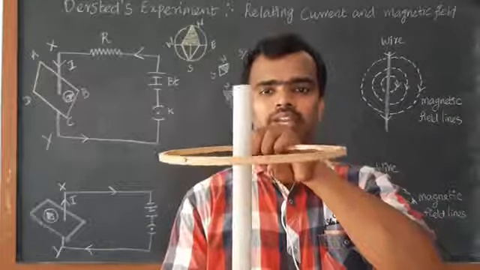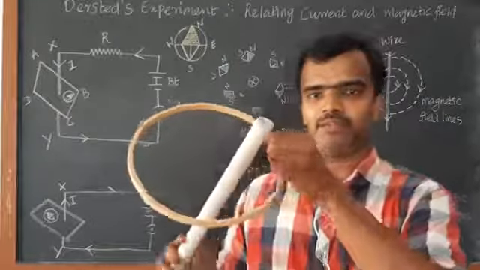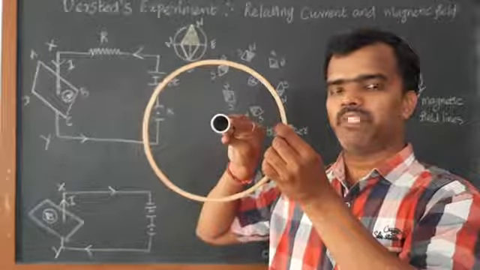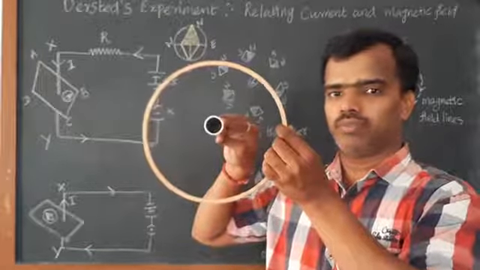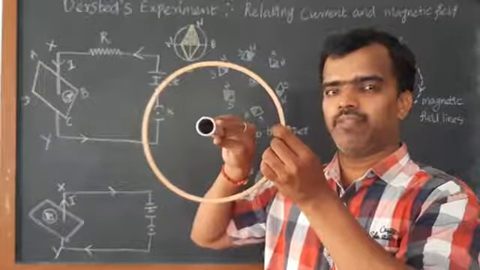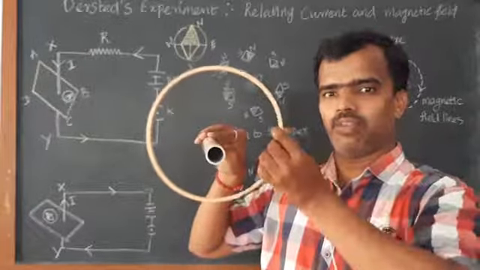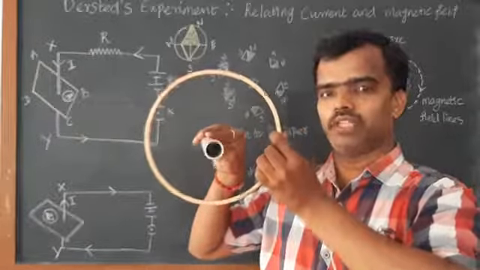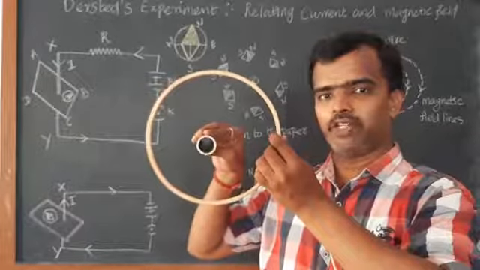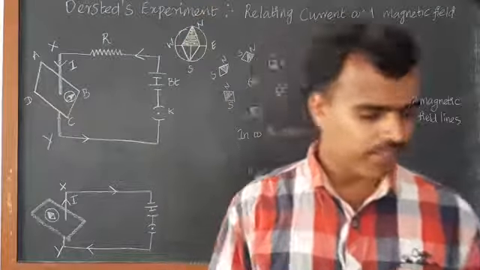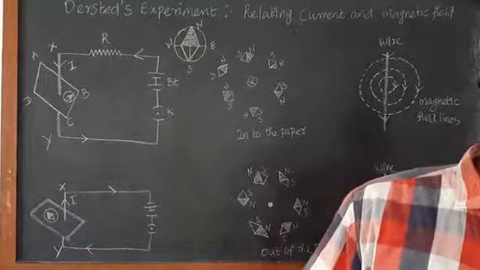If I am showing it like that, you will not be able to understand, so I am going to change it. This PVC pipe is the current flow, the current flowing in that PVC pipe, and this one is the magnetic field, which will form in circular shape, exactly perpendicular to the current direction. Now, move on to our concept, the first one, Oersted experiment.